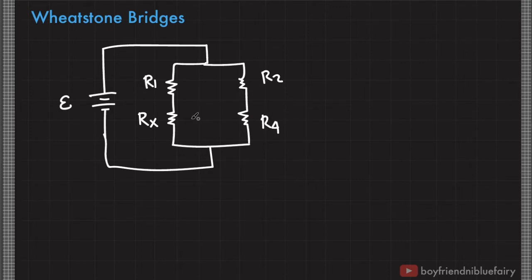Actually, in a Wheatstone bridge design, you could position R sub x in the position of R sub 1 or R sub 2 or R sub 4. It doesn't really matter because I'll teach you how to derive the expression for R sub x given R sub 1, R sub 2, and R sub 4. Now, in the middle of this network of resistors is a galvanometer connected between R sub 1 and R sub x and R sub 2 and R sub 4. This is our setup for measuring an unknown resistance of a resistor given R sub 1, R sub 2,